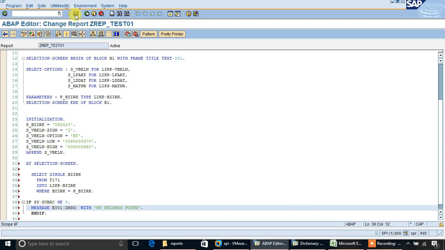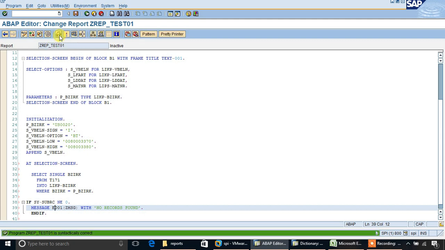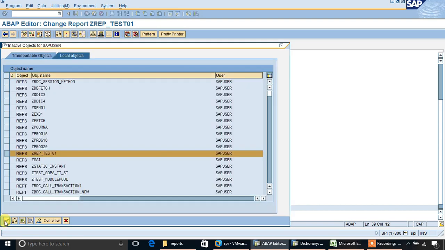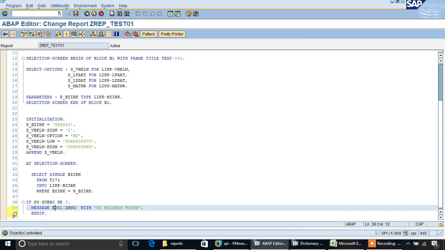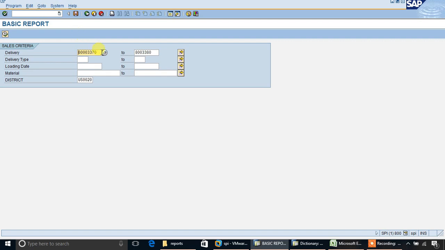So save, check, activate, now run. I remove this because I did not give any code to this select option.